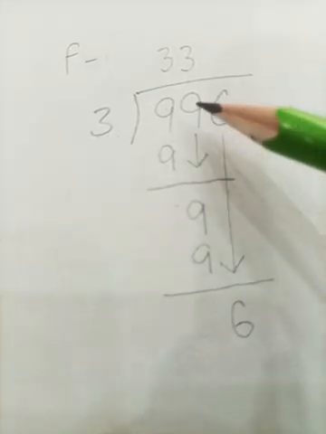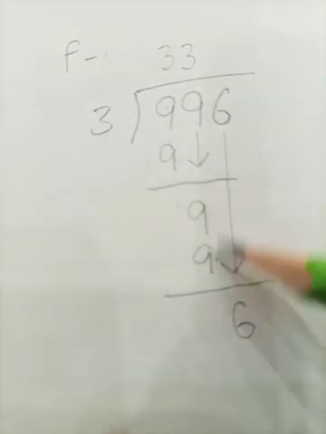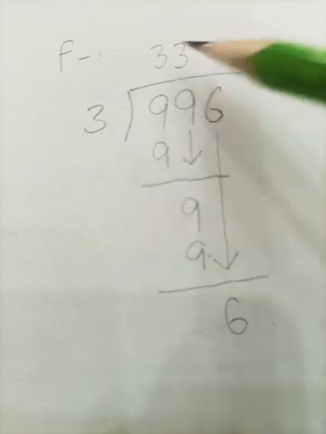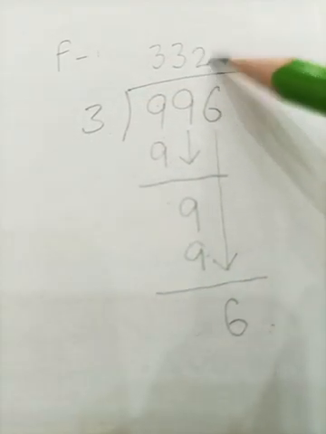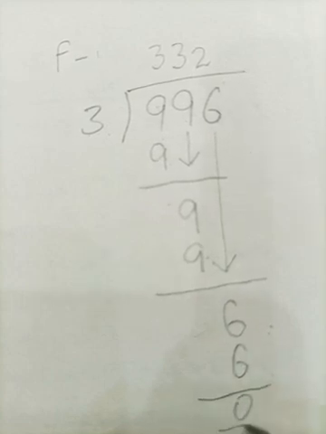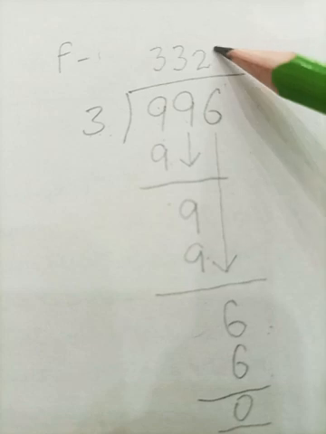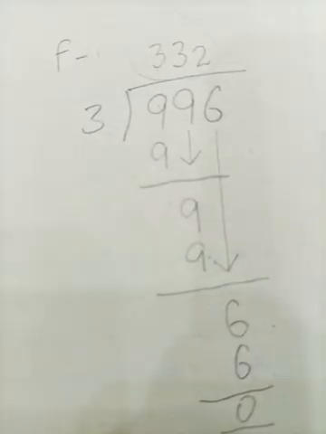This one is ones, tens and the hundreds. We have solved our 100 first, then the tens, and now we are solving our ones. Now read the table of 3 where we get 6. Yes, 3 2s are 6. Very good. And our remainder is 0, which means that we have solved our question, and quotient is 332.